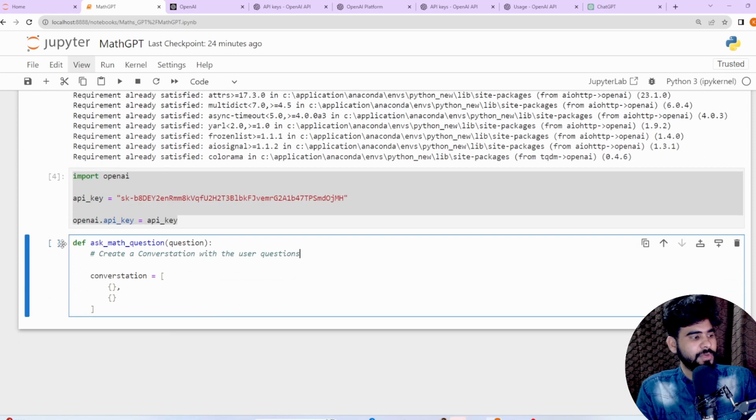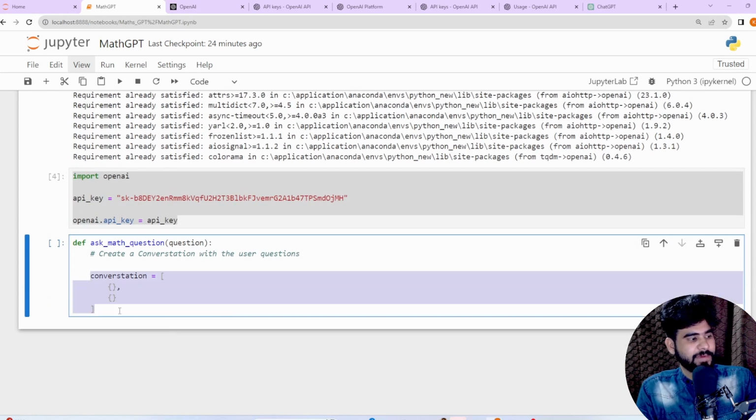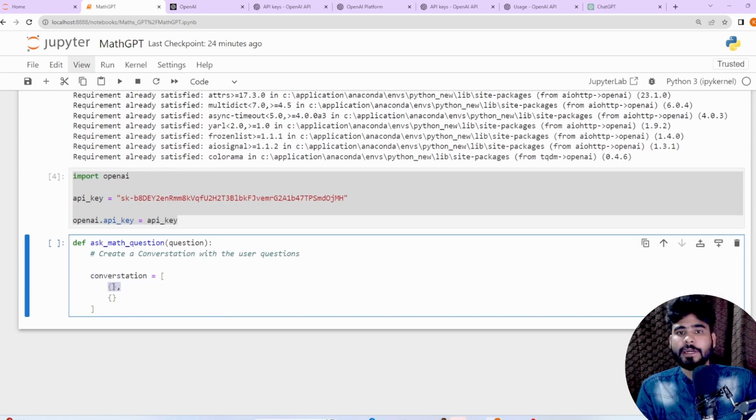Now, in this conversation variable, as you can see, I have created two dictionaries. One is for the user and one is for the system, where system means the Math GPT application. Let me define the first role as system.